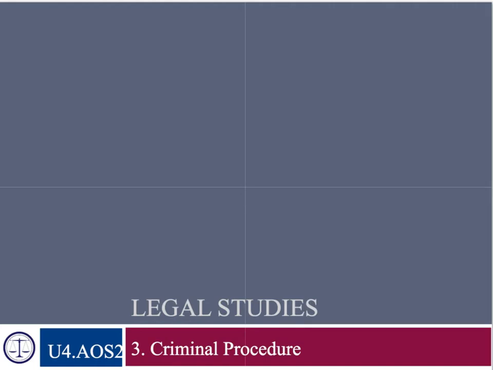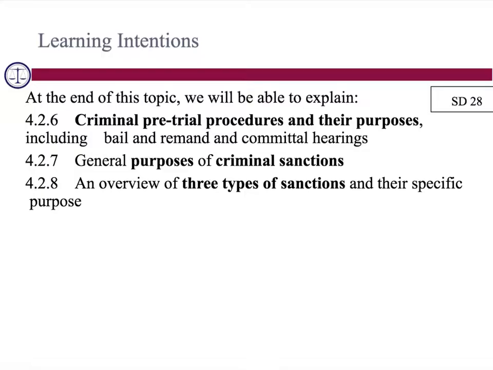Our next topic in Unit 4 Area of Study 2 is criminal procedure. At the end of this topic, you should be able to explain three things: the criminal pretrial procedures and their purposes, and this is going to include bail and remand, as well as committal hearings. Second, you should be able to explain the general purposes of criminal sanctions. And thirdly, you should be able to provide an overview of three types of sanctions, as well as their specific